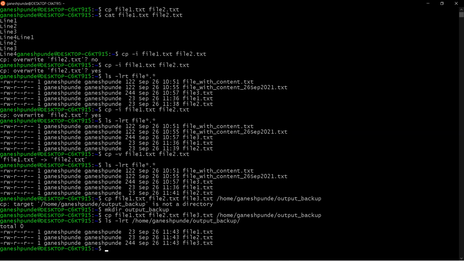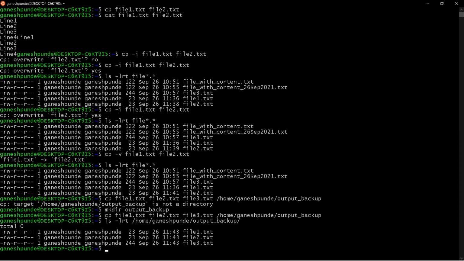Right. So this is about copying multiple files. In copy, what we saw: the simple file copy, copying multiple files into a directory, provided the directory is present, copy with confirmation, copy with verbose output, and copying one file to another for overwriting or creating a new file.